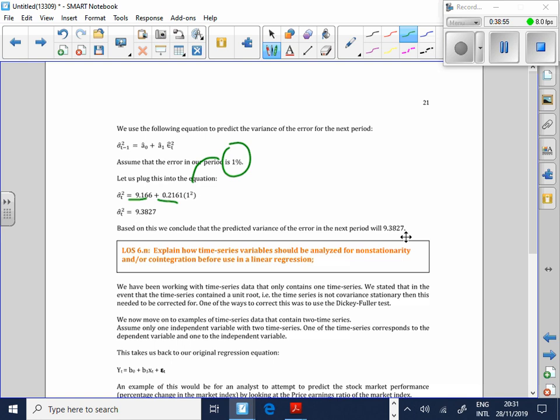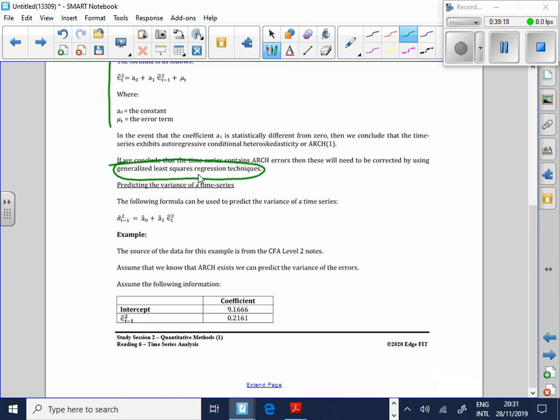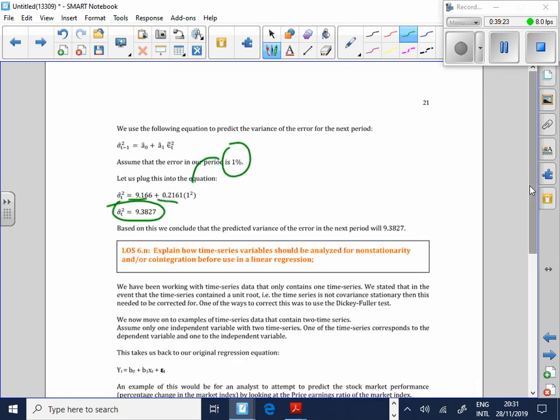I haven't seen them ask it that often as a question, but yes, they could say to you, oh, by the way, ARCH is present. How do we calculate for ARCH? And then you would run those numbers. They give you the coefficients. They give you 9.1, 0.21. There's your two coefficients, B0 and that one. They've also got to give you the predicted error, the error in the period, and because it's variance, you square it. That's all. Nothing fancier than that.